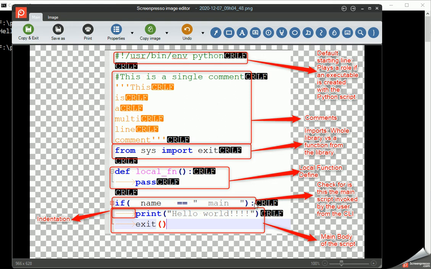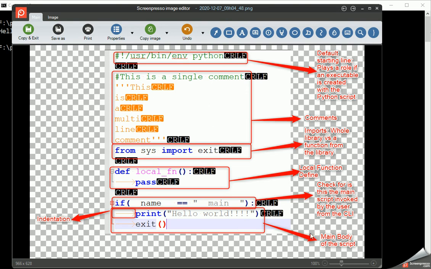And the demo code is usually placed in the main section of the script. And if you include this library from another Python script, you don't want this demo code to execute. Therefore, you place a condition in your script: if and only if this is the main script which was parameterized or invoked by the user from the CLI, only then execute this following section of the code.